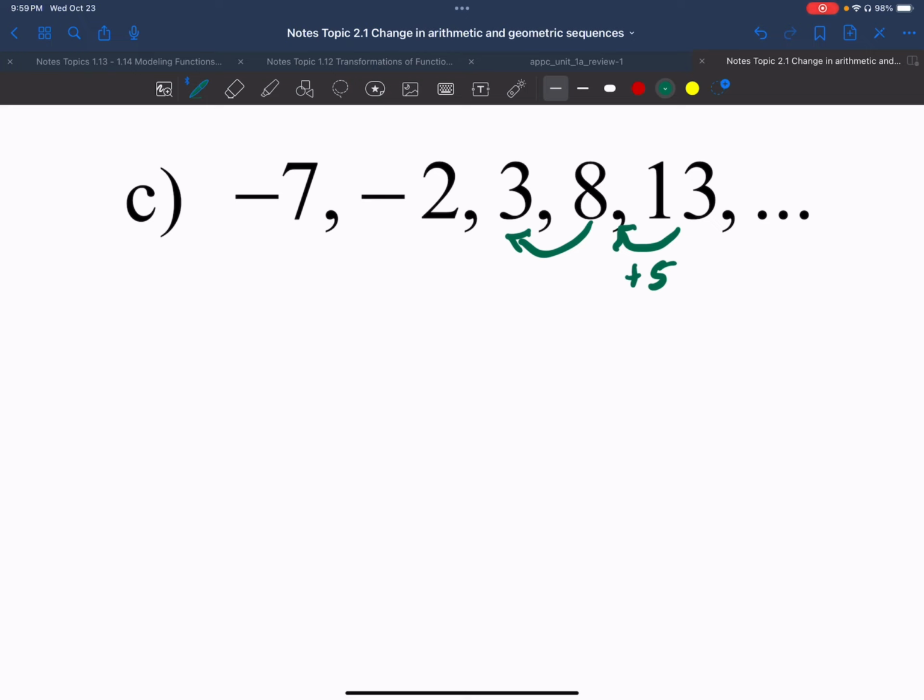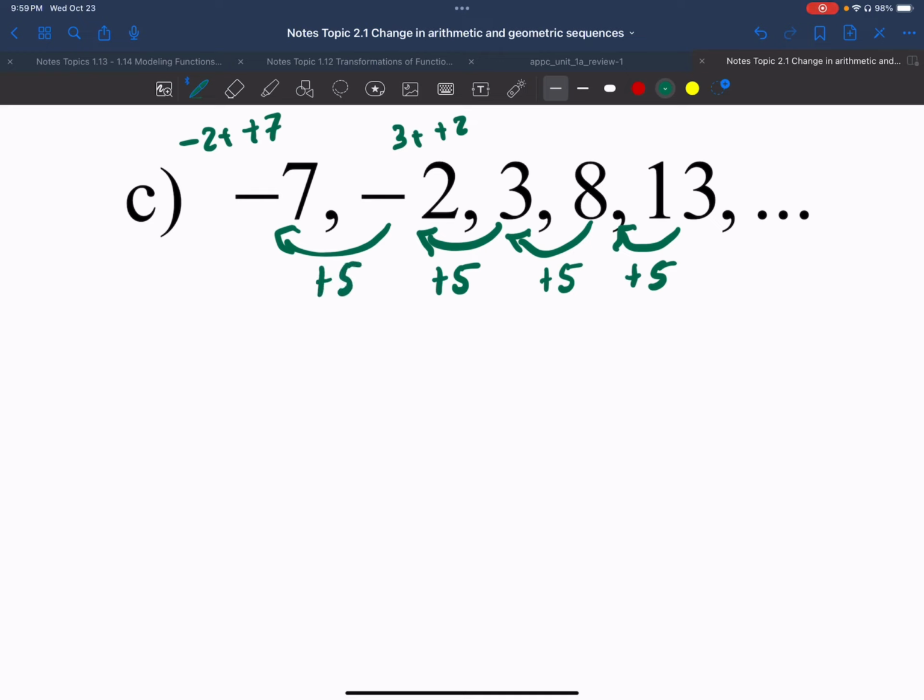And then for the next one, I'm going to do 8 minus 3, which is positive 5. For the next one, I'm going to do 3 minus negative 2. I have a double negative, which will make it positive, giving me also 5. Same thing for the last one, negative 2 minus 7, double negative, which will make it positive, which in this